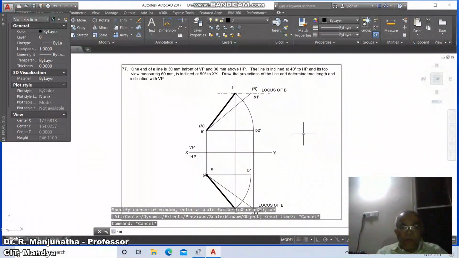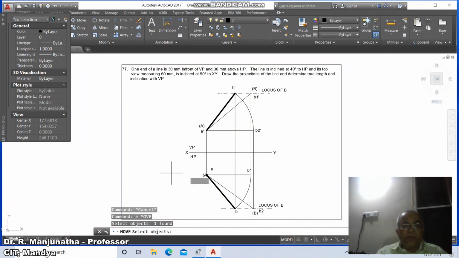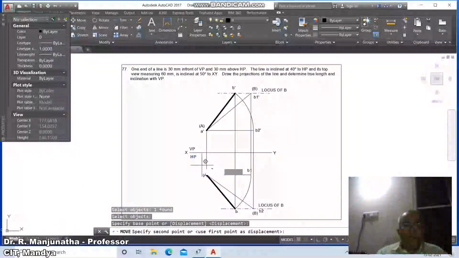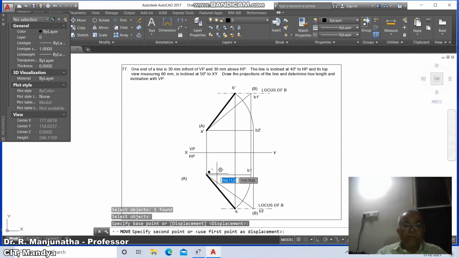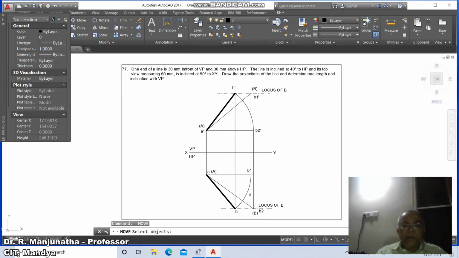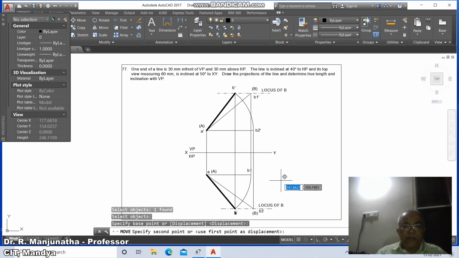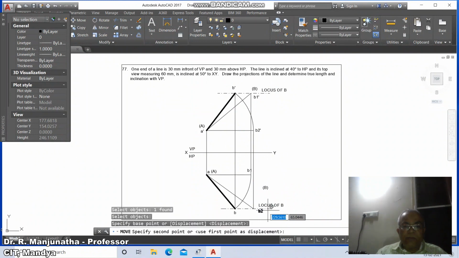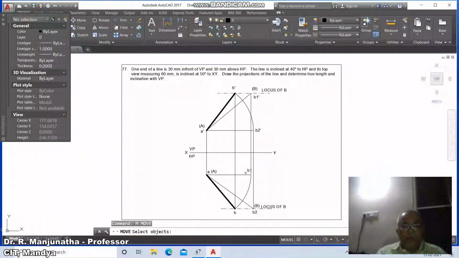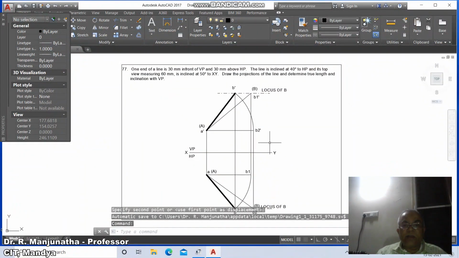Then go to move, switch off the ortho mode and go to VP, and this is HP, and this is Y, this is capital A, and this is capital A. So here this is capital B, so move B, this is capital B, go to B2, and this is locus of B. Select objects B1, you place it here.